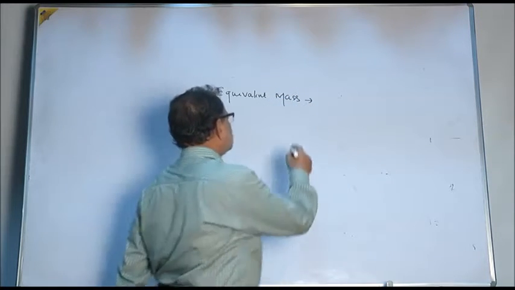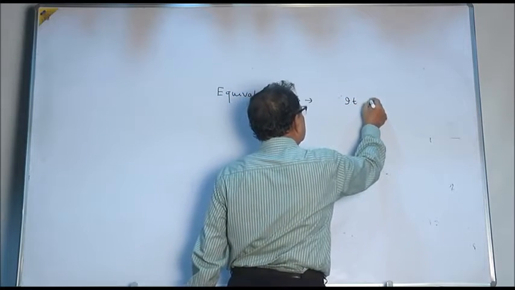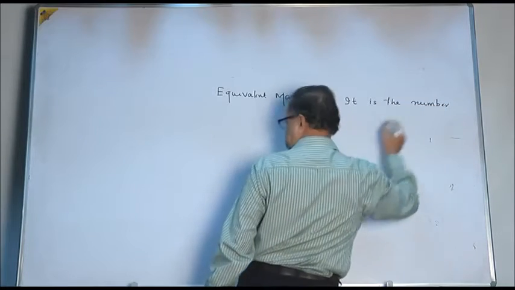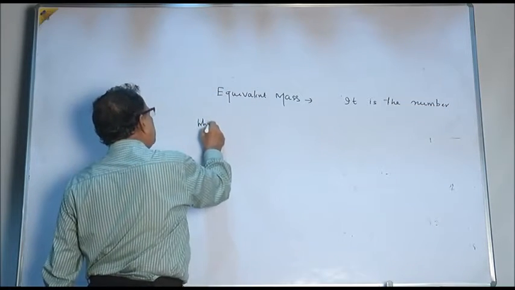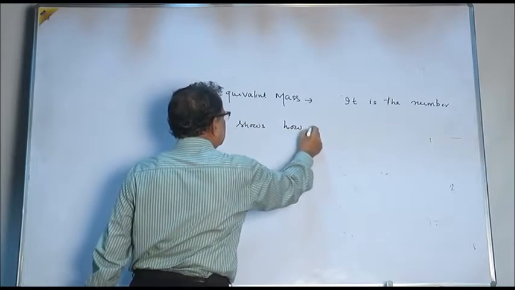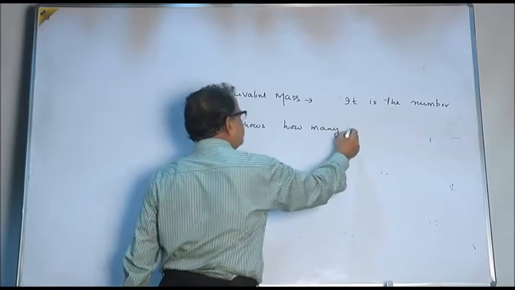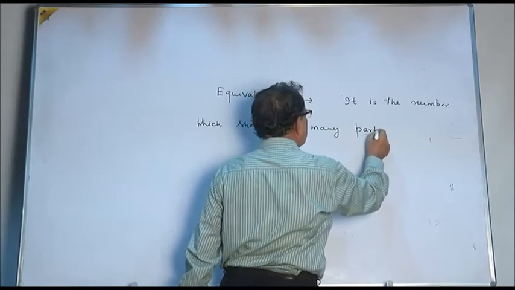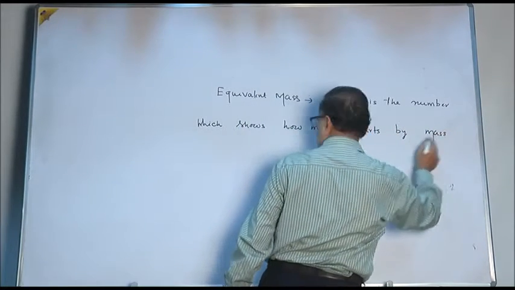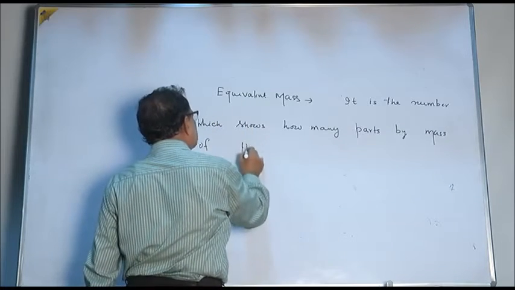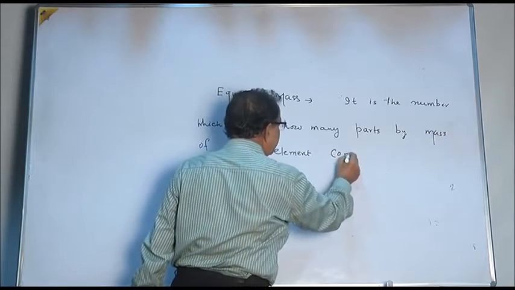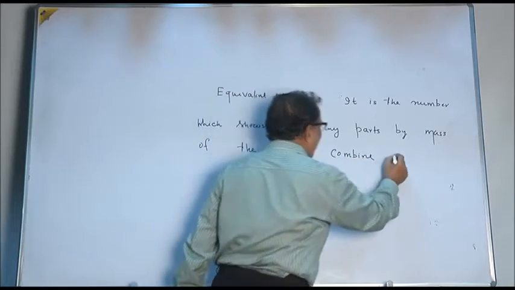Equivalent mass is the number which shows how many parts by mass of the element combine or displace